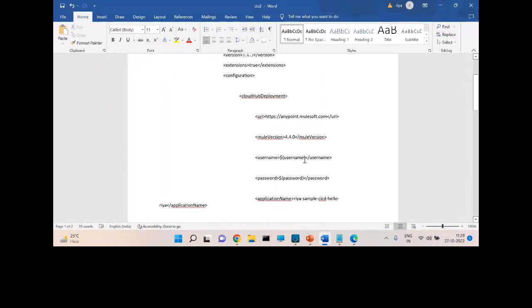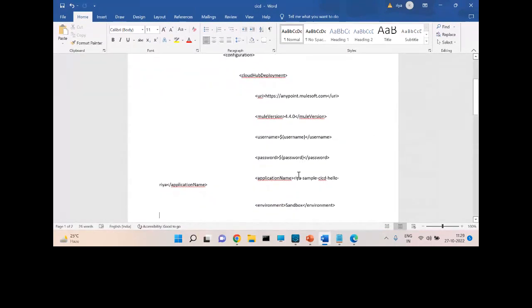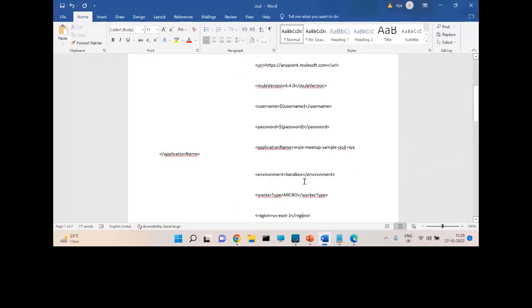And I have to give the application name, so I will change this. Make sure this name is unique, otherwise it will not let you deploy. I have to mention the environment, like development, production, sandbox.